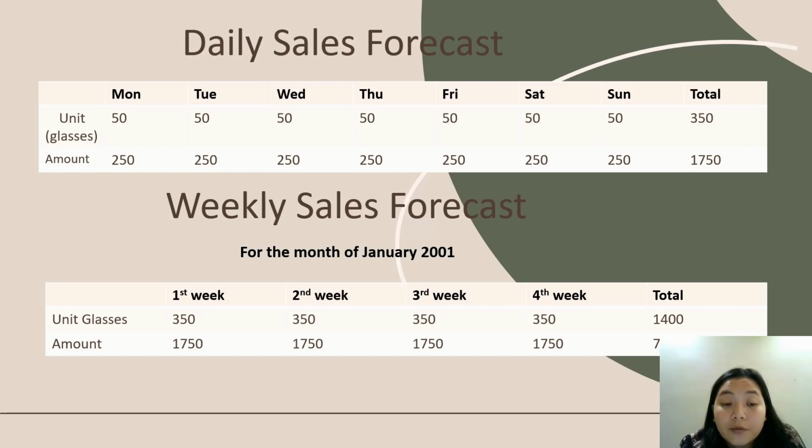Same, we have 350 glasses sold, as well as second week, third week, and fourth week. So we're going to total that one. We have 7,000 total revenue for that. So I think this table is going to give us